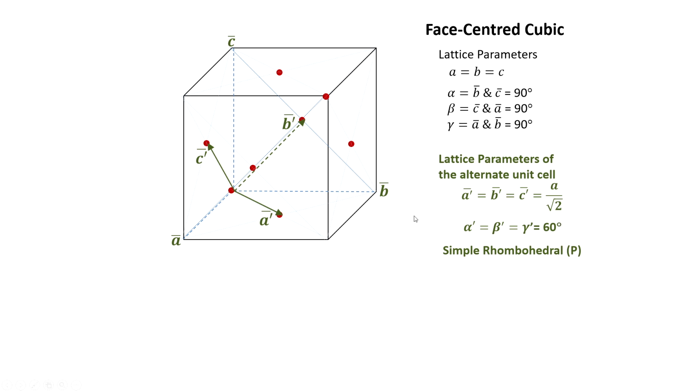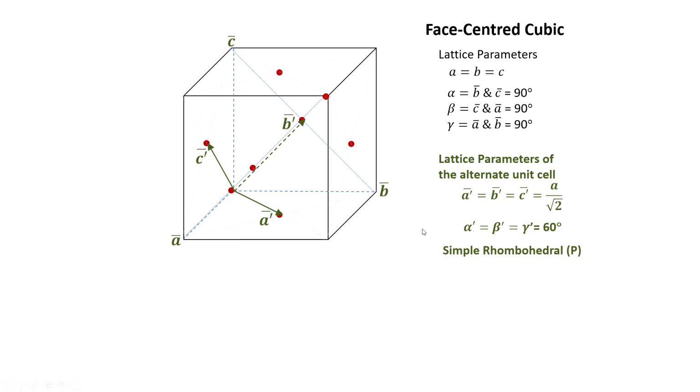You can find first the end points of the vectors. Since it's a Cartesian system for this particular class, the end point of, let us say, vector A prime would be A upon 2 comma A upon 2 comma 0. The end point of vector B prime would be 0 along A, but it will have half along B, and again since a, b and c are equal, it will be a by 2, a by 2. So, I have coordinates 0 comma a by 2 comma a by 2. Now, just take a dot product of these two vectors and you will find this angle is 60 degrees. In all combinations, all angles would turn out to be 60 degrees.